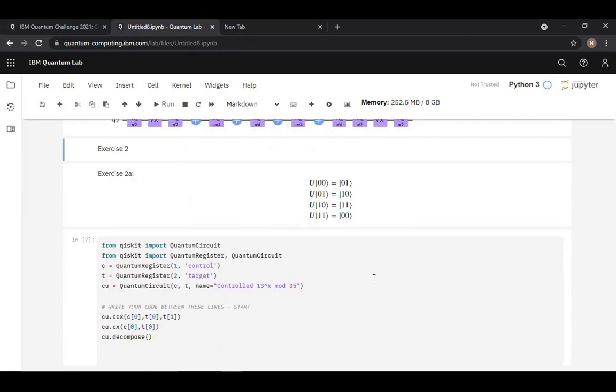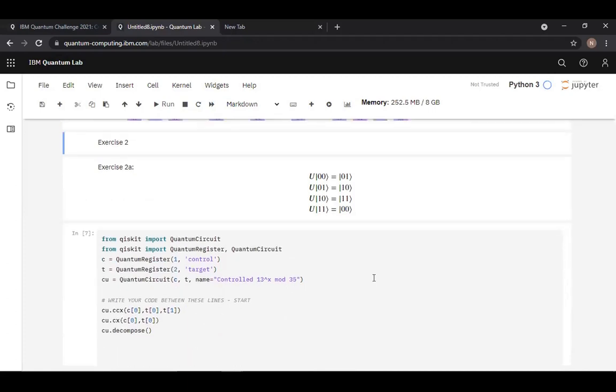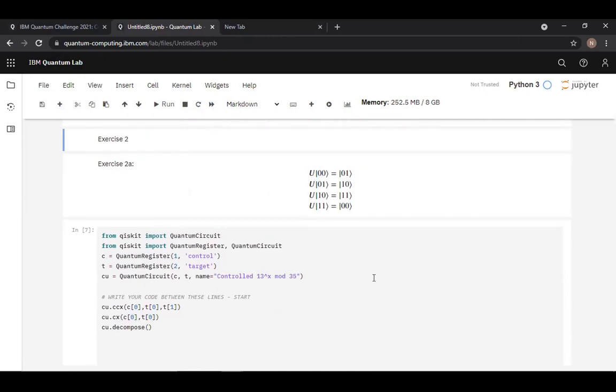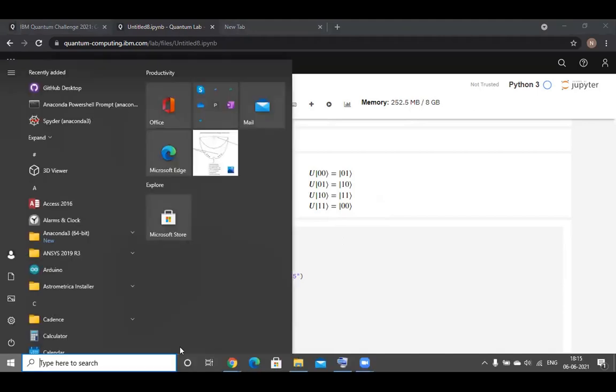Shor's algorithm and factoring 35. So they had a good description about how they actually came up with different tweaks to do, and then they divided the 3 tweaks into 3 different exercises: 2A, 2B, and 2C. Essentially, the main focus of 2A was to implement a circuit which had the following state transformations to come. So for this, I will just